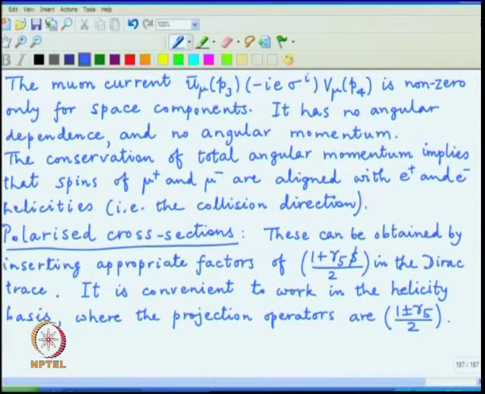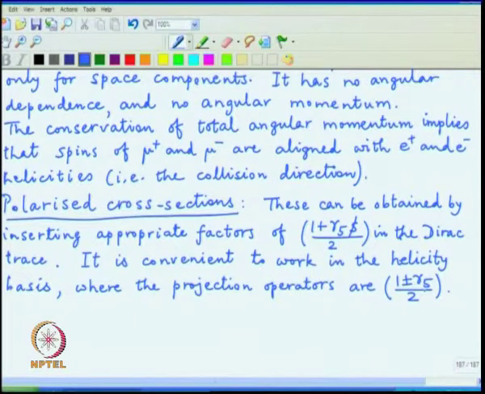It just simplifies the calculation a little bit, because the spin is cleverly taken along a direction of motion and one does not have to